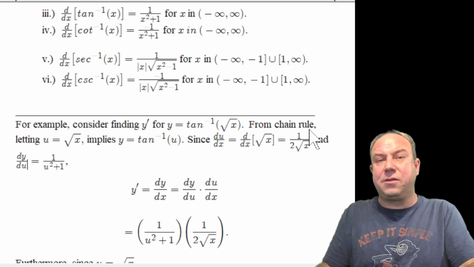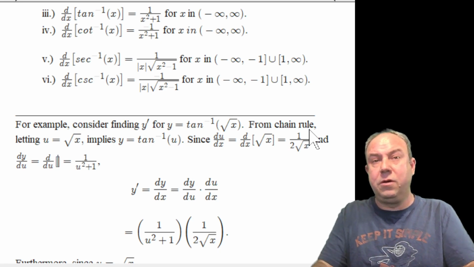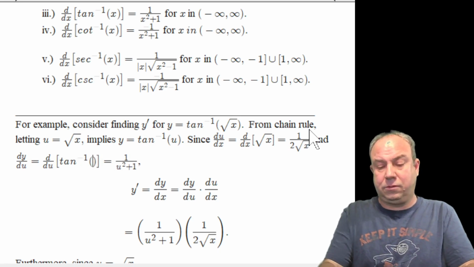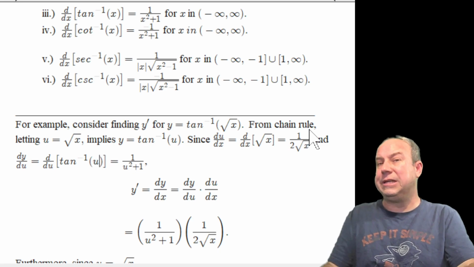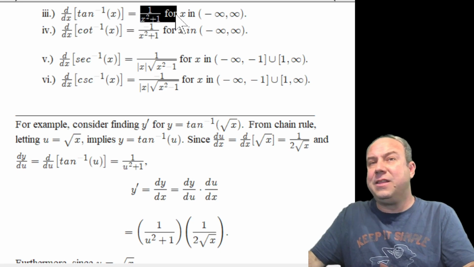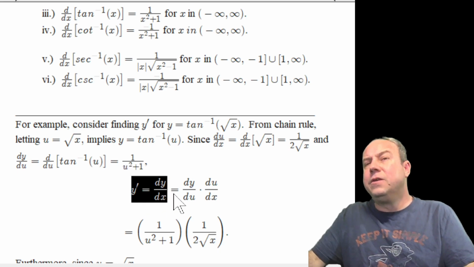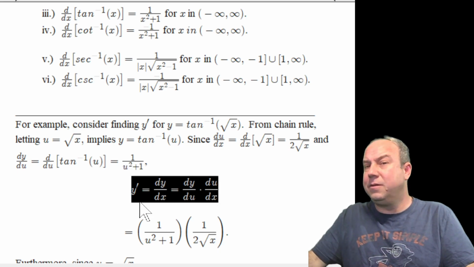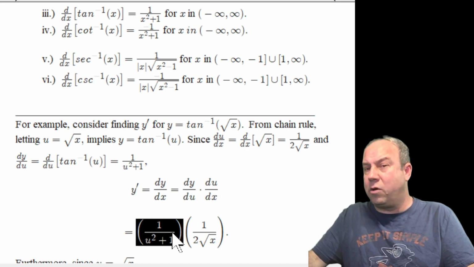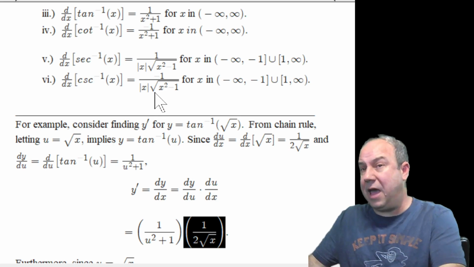And the derivative of y with respect to u is going to be our derivative with respect to u for the tangent inverse of u, right? Which we know from above is 1 over u squared plus 1. That is this stated result here in terms of u, right? So y prime is going to be equal to dy du times du dx, which is going to be 1 over u squared plus 1 times 1 over 2 times the square root of x